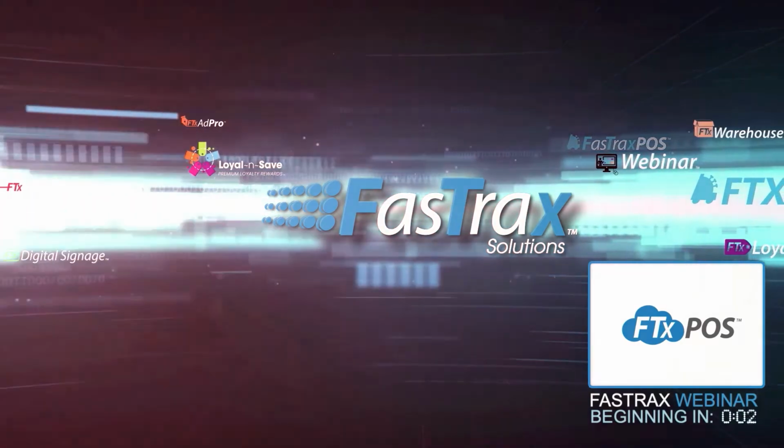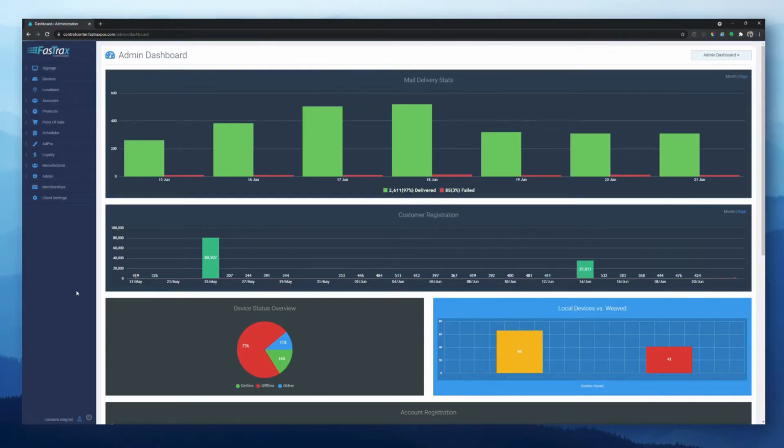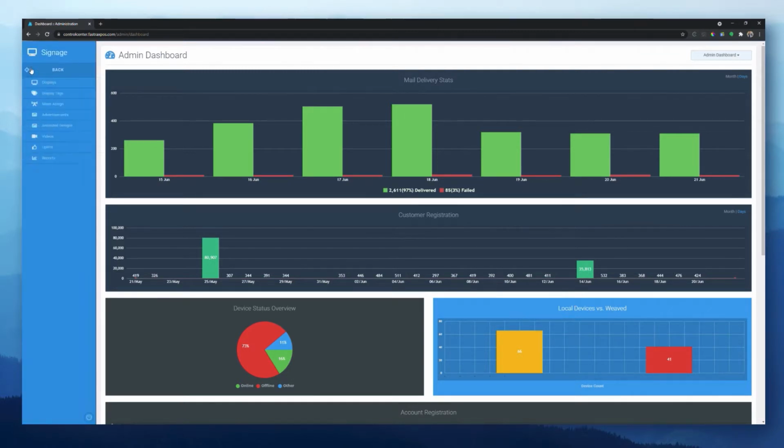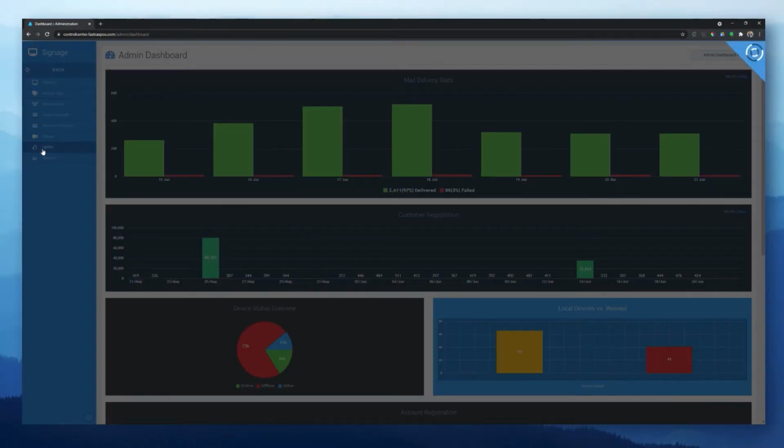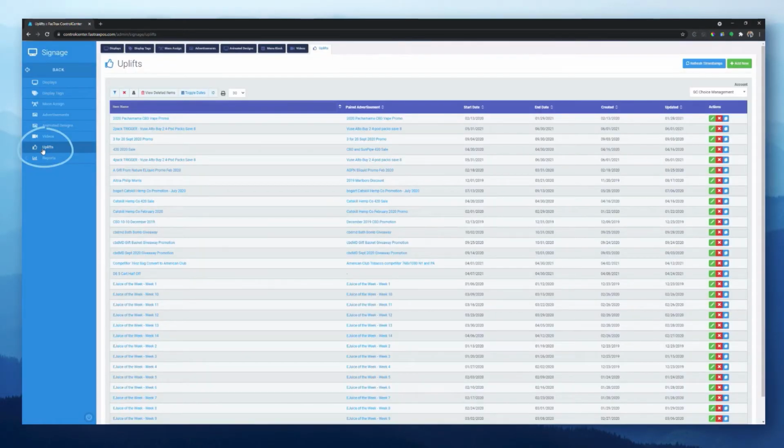Let's get started. The first thing I'm planning to cover today is the importance of using uplifts with your Cloud POS system. Just for a quick reminder, Uplift is the name of our program used for upselling items. Uplifts are triggered by a set list of SKUs. When an SKU matching one of the selected trigger SKUs is scanned, both the customer-facing ad and an employee-facing prompt will pop up. The prompt will walk the employee through a sales pitch to get the customer to purchase additional